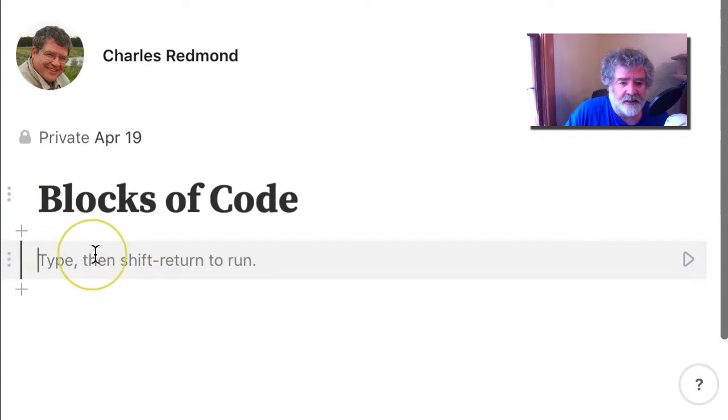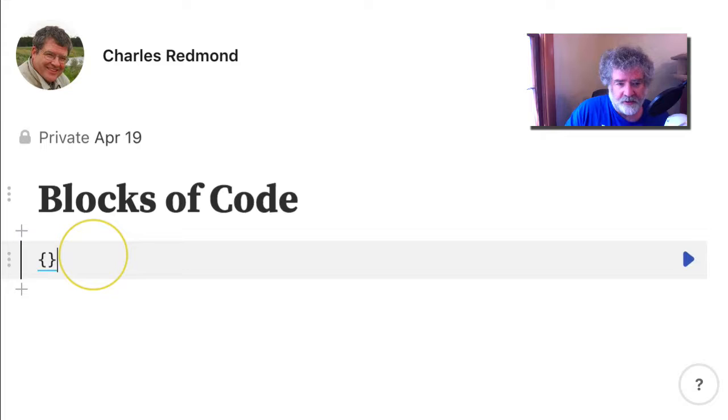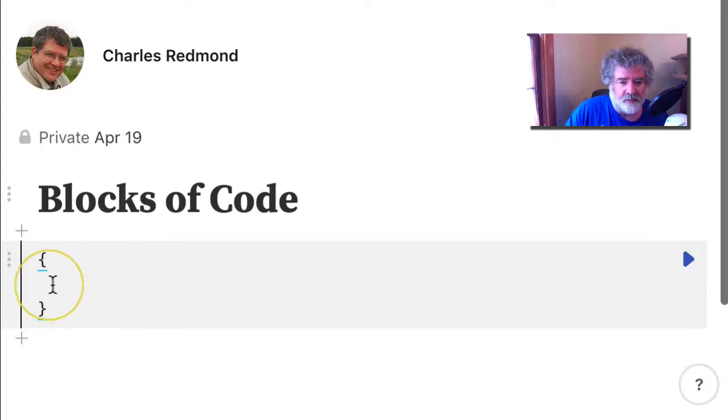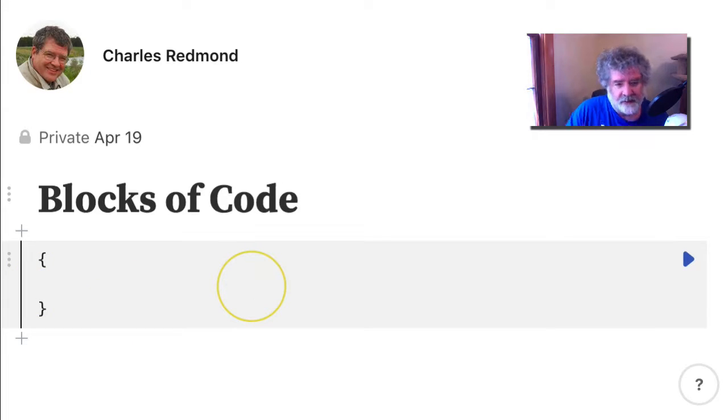We'll add a blank cell again, and we'll add a block of code. It's just going to be an empty set of curly braces. You can give yourself some room to type, and you're going to put your code in there. So I think of this as like going into a different coding environment. It's like you're going outside of the notebook, and you're going into a JavaScript environment here. And so